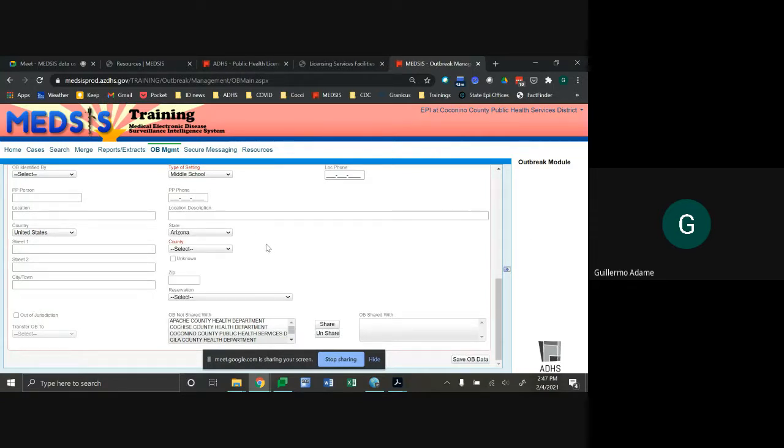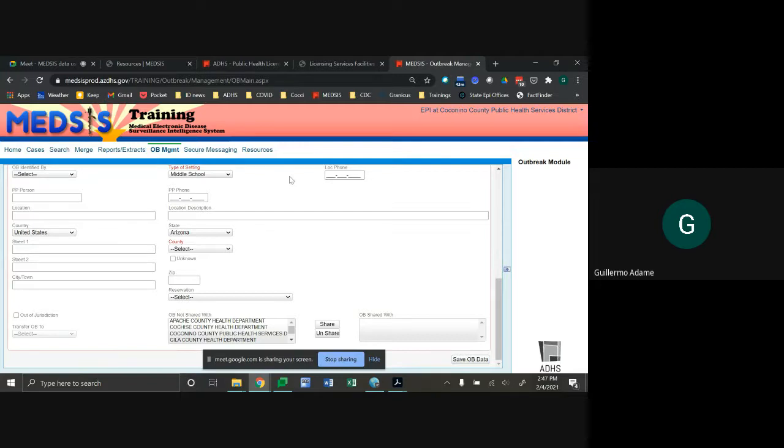Or also, and you'll see later, once we create the entry, there will be a summary 2 page, which has a field, quote unquote, if other setting of exposure is specified, where you can enter free text into that field as well.